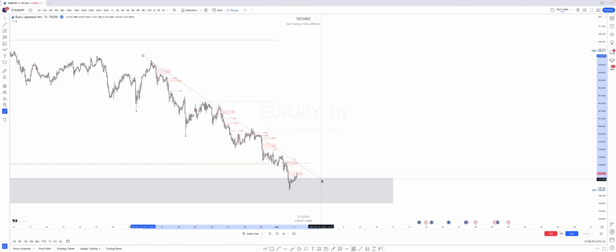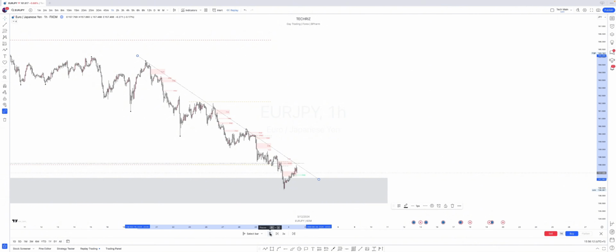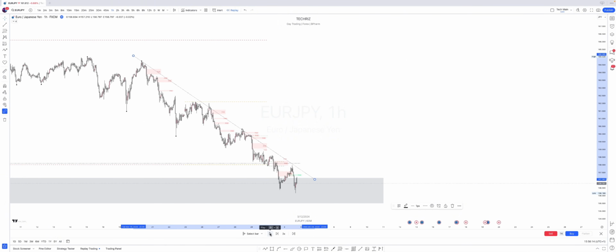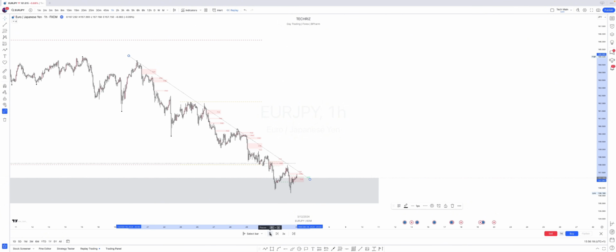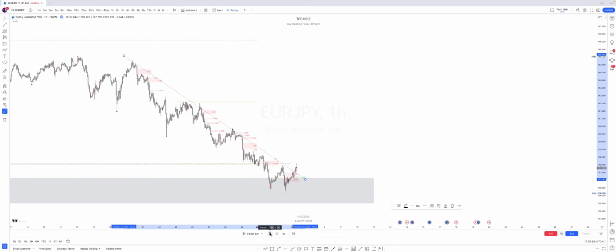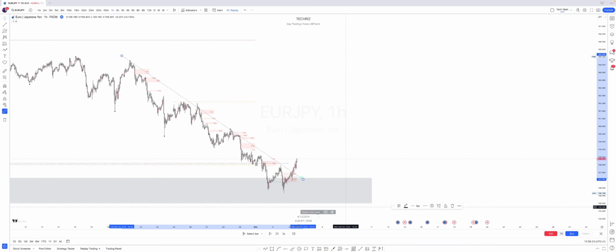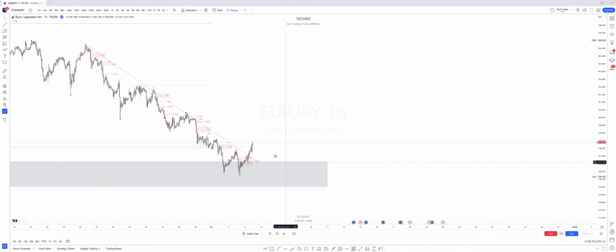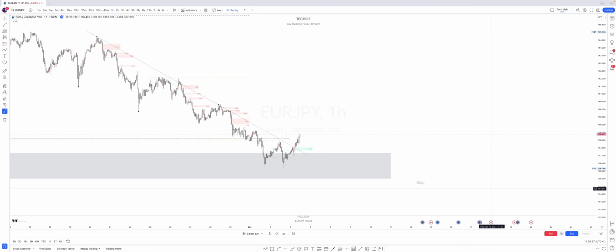Can we get the 4th one? So let's see if we can get the 4th one. So we have 4, right? We have 4, and then let's see the 5th one. And boom, you can see the 5th one is what? A breakout, right? The 5th one is a breakout,